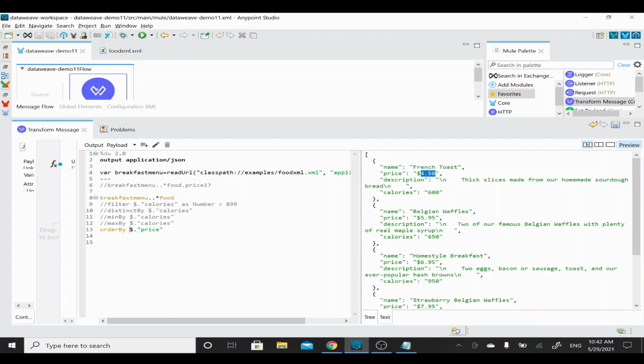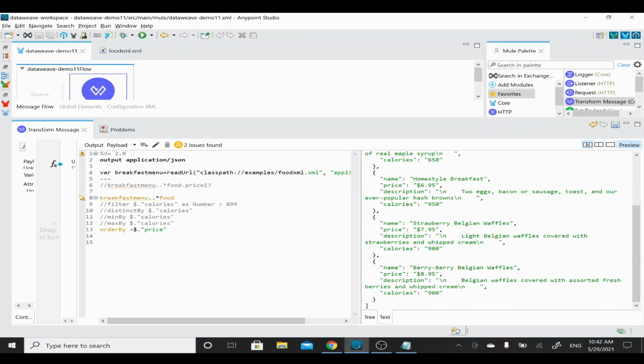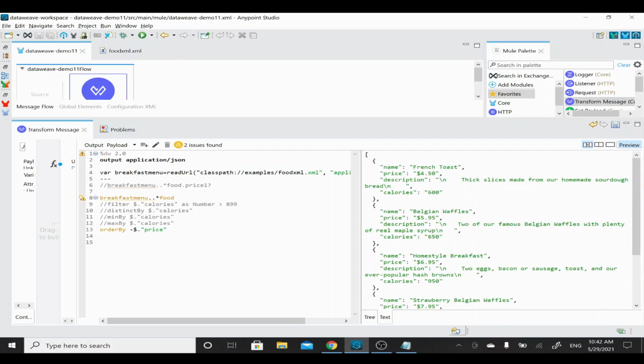When I do this orderBy, it's giving an ascending order in the price. Now if I want a descending, then you can put the minus here. Why is minus not working? Because this is not a number. So I'll apply it on a different field, for our sample I'll take the calories only.